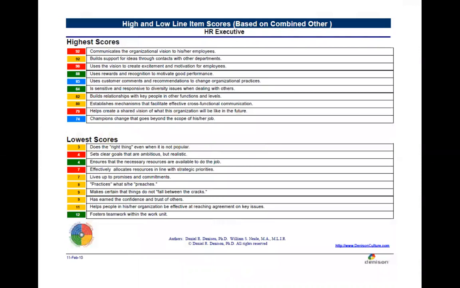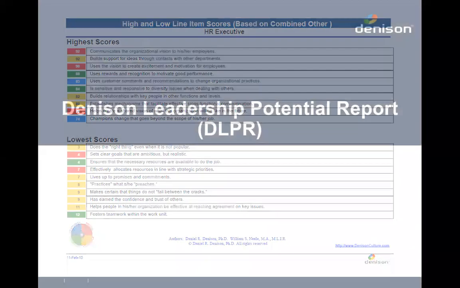And here you see the contrast between the highest scores and the lowest scores. The lowest score, does the right thing even when it's not popular. Highest score, communicates the organization vision to his or her employees. So you get a feel quite quickly for this individual manager's strengths and their challenges.